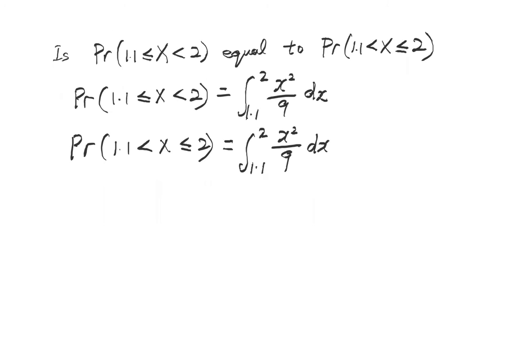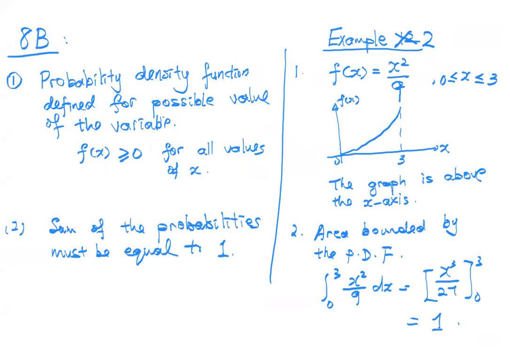Okay? You're given a probability density function. First, what should you check? For the defined possible values of the variable, the whole function must be above the x-axis. That is the first one you're supposed to check. If that fails, the function is not valid